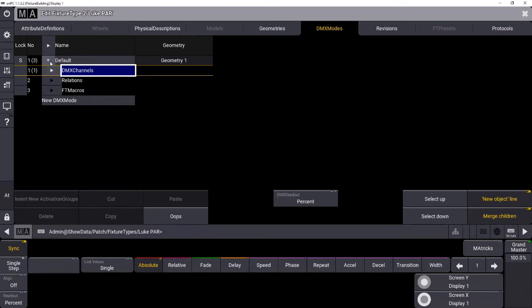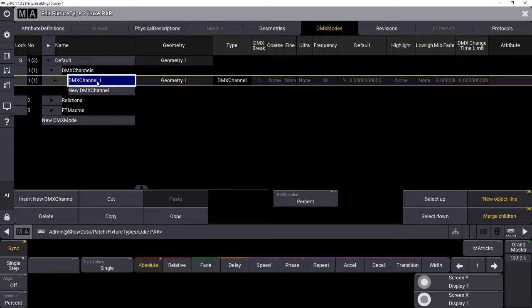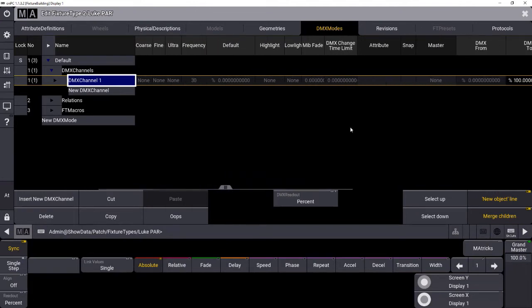Once I click on the DMX channels, this is where you will get the option of adding DMX channels. Okay, cool. Like I was saying, we've got the DMX channels here. This is where we would add our DMX channels. In this case, I just need one DMX channel, so I'm just going to stay with this. And if you scroll to the right a little bit, you would find a header with